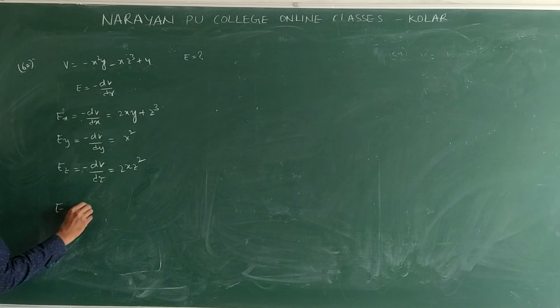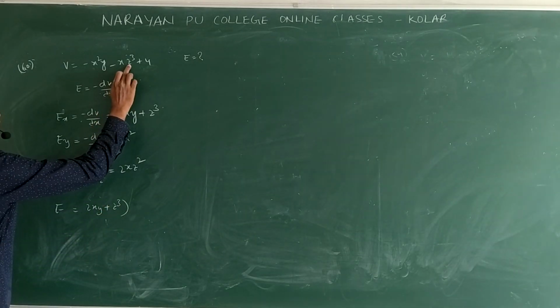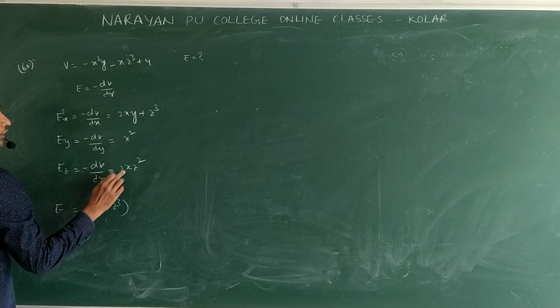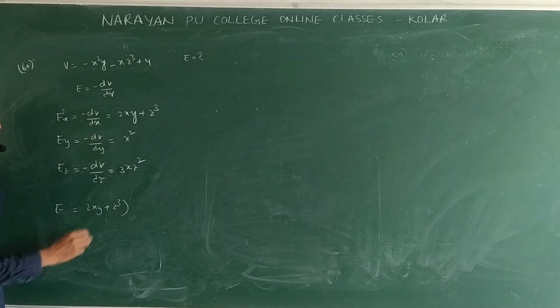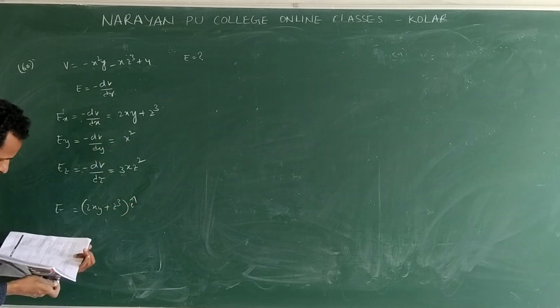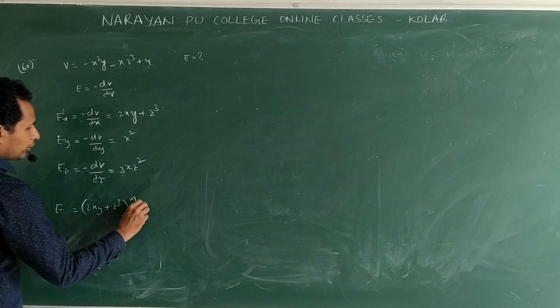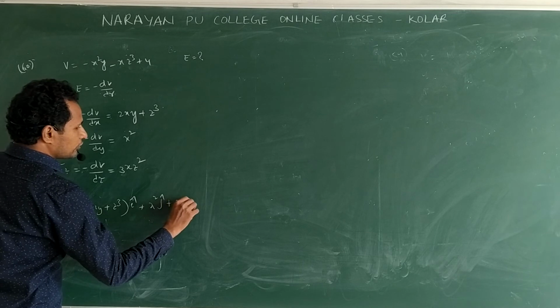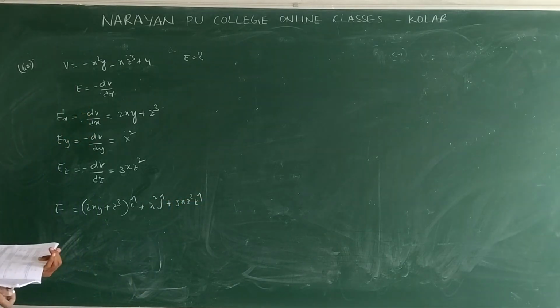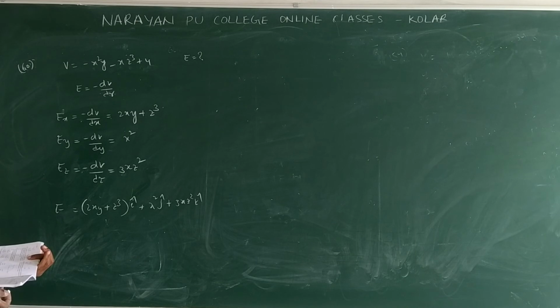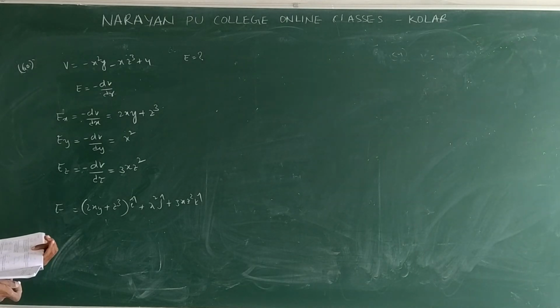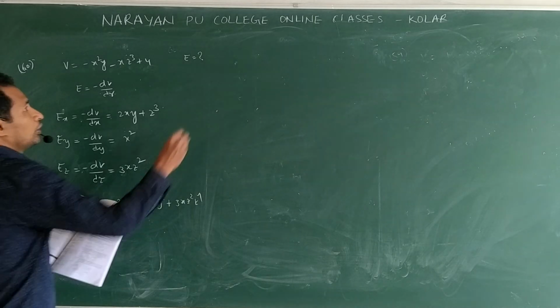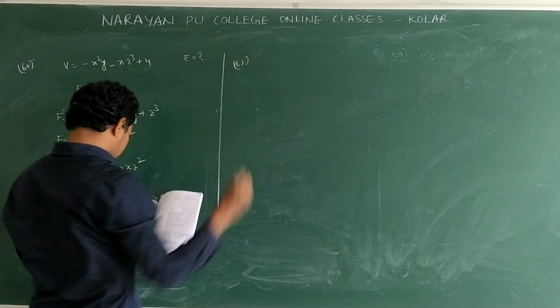Then E is equal to 2xy plus z cube. Here the z cube differentiation is 3z square, so x is there as it is. Now write down each and every value. Because they mentioned unit vectors: (2xy plus z cube) i cap plus x square j cap plus 3x z square k cap. Clear? Now select the suitable option. So option 4 is correct.